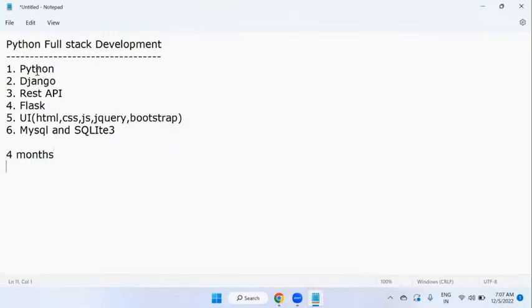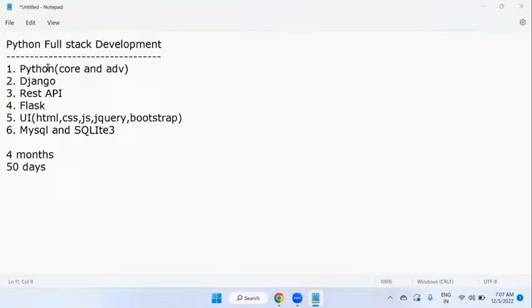And for example, if you are looking only for Python, so core Python and advanced Python, that means basic and advanced level Python, then the duration of the course is 45 days, or 50 to 60 days it will take. Maximum 50 days it will take to finish only core and advanced Python. So now coming to this here,